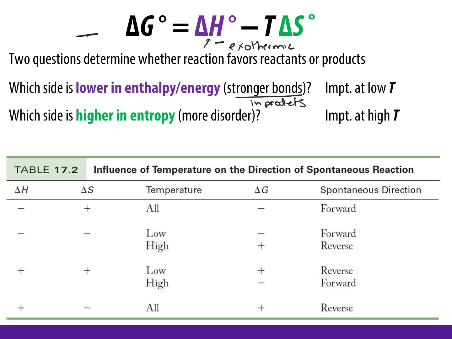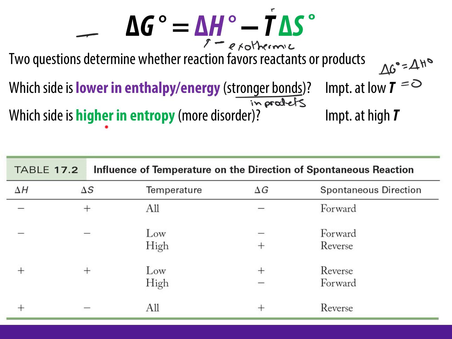If we look at this equation here, since this second term depends on T, when we plug in T equal to 0, we have that just delta G is equal to delta H. So at absolute 0, or at any sort of relatively low temperature, the only thing that matters is who is more stable, who has lower enthalpy or stronger bonds. Now, as the temperature gets higher and higher, eventually the term that dominates is the other one,